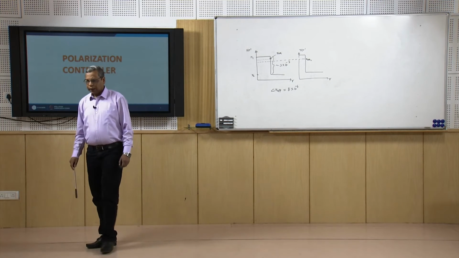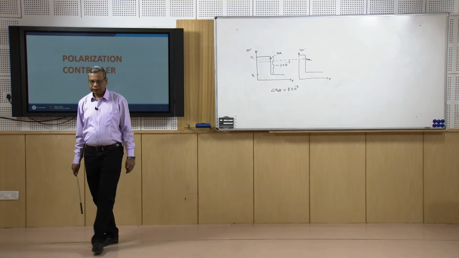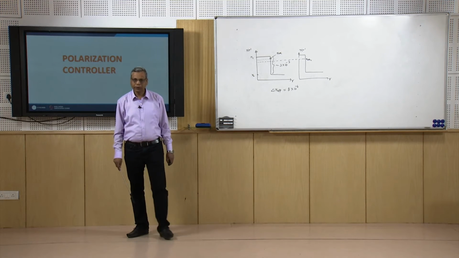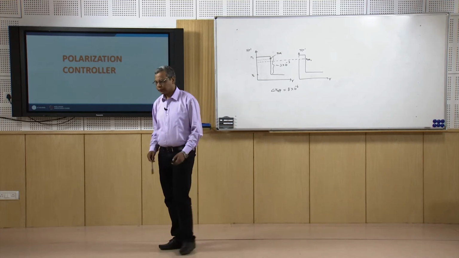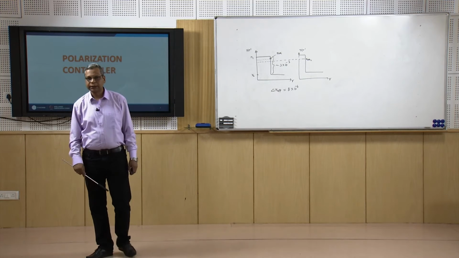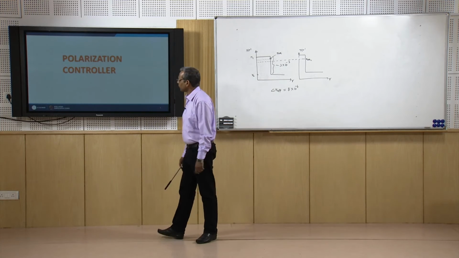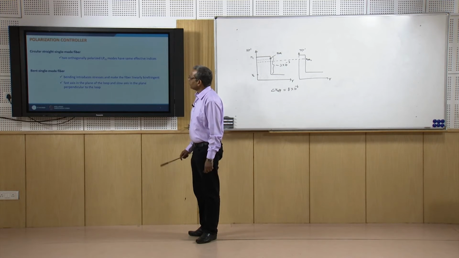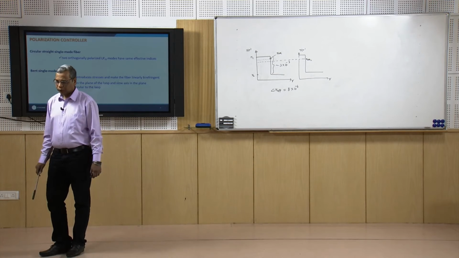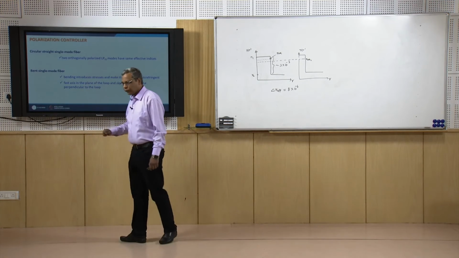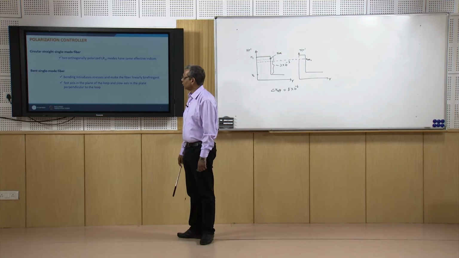So, now I can go into some other fiber optic component. Apart from this directional coupler, another important component is the polarization controller. We sometimes need to control the polarization state in the fiber, and for that we require this polarization controller. This polarization controller is based on the bending effect in the fiber. So, we will discuss how bending of a fiber can control the polarization state of the light which goes through the fiber.